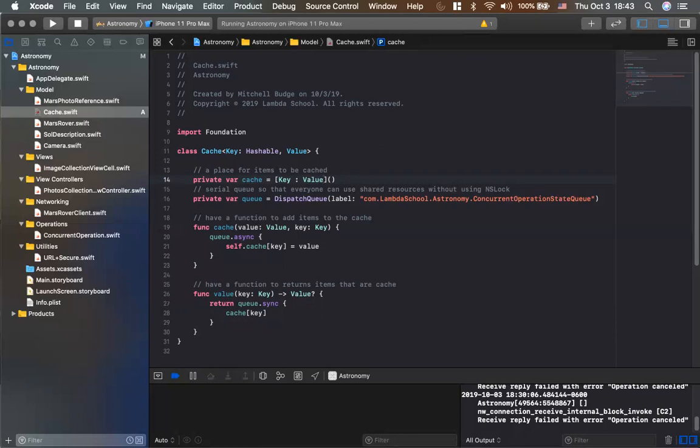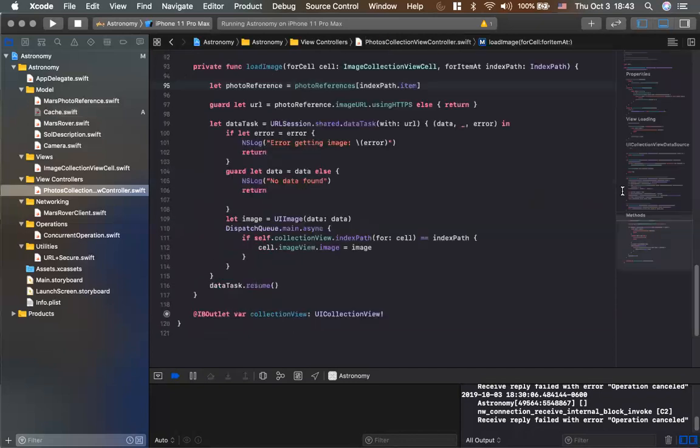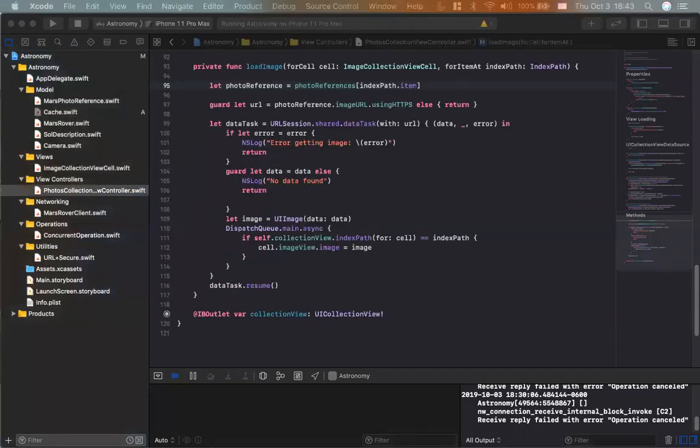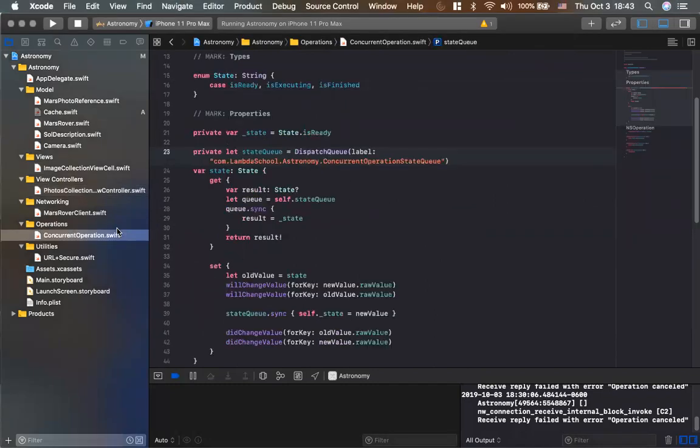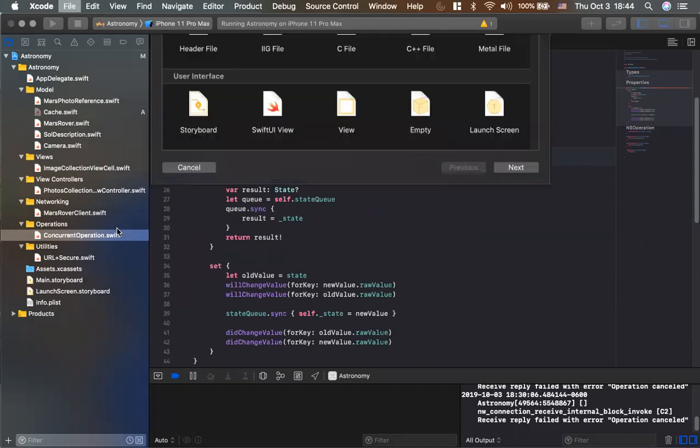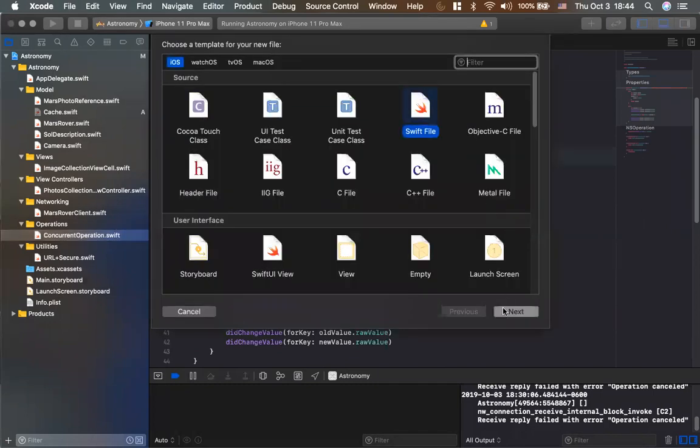And actually, we don't have to do a ton to get this project to do what we want. It's more of just swallowing the big, bulky stuff. Okay, so I can't decide if I want to flesh out the entirety of our operations yet. Let's do that. So let's go ahead and make our operations. What these operations are going to do for us is, rather than the main thread doing all those fetch images, we're going to perform them on a background thread via concurrent operations. So I'm going to make a new Swift file